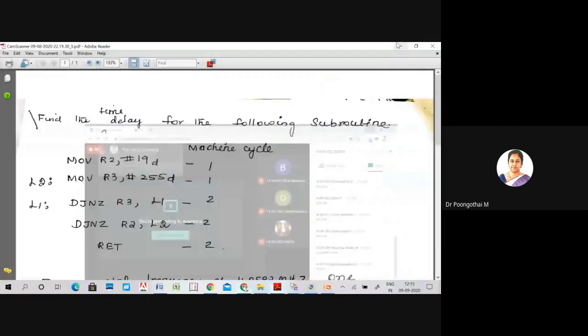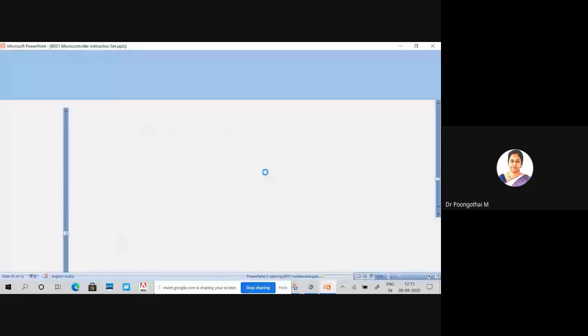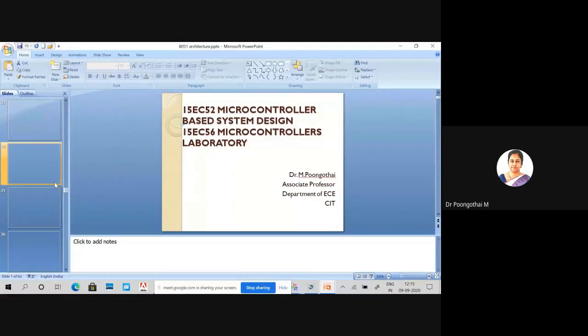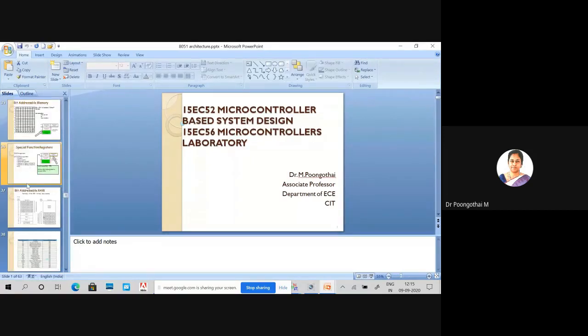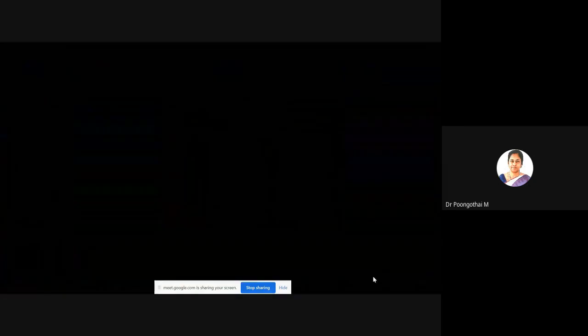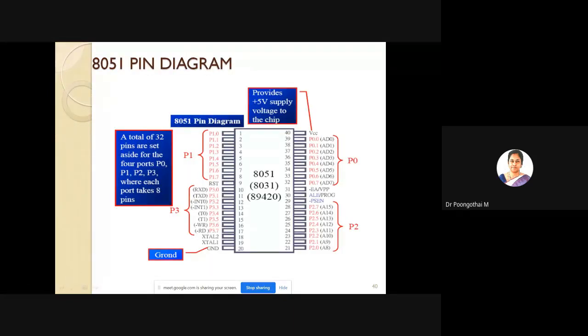So according to your architecture, we have special function registers. Some of the registers are bit addressable registers. So how many registers are bit addressable? Your P0 is bit addressable.